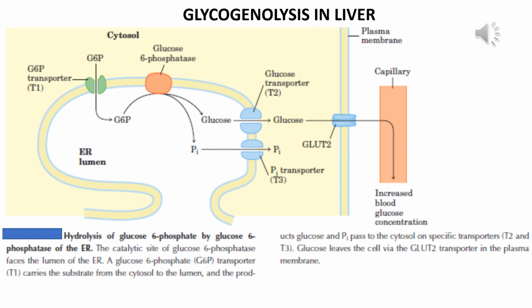You can see that one on the membrane of the ER. Inside the ER, this glucose 6-phosphate is acted upon by glucose 6-phosphatase, which is bound to the membrane and removes the phosphate. What is the other product? Glucose. This glucose is again transported out of the ER by means of GLUT2 into the cytoplasm, and from the cytoplasm across the plasma membrane into the bloodstream. Thus, the concentration of glucose in the blood increases.